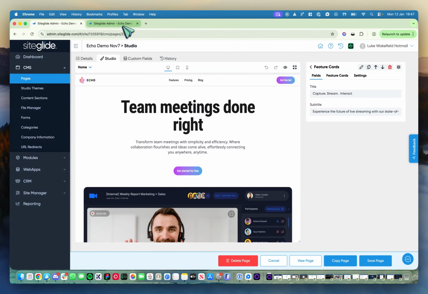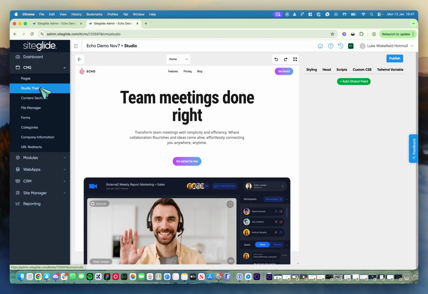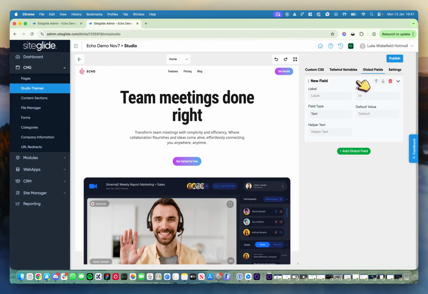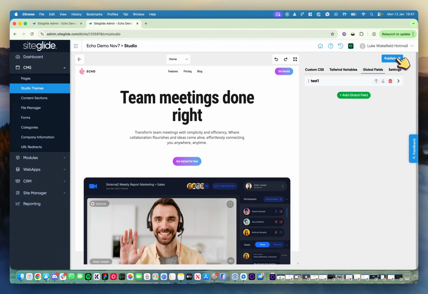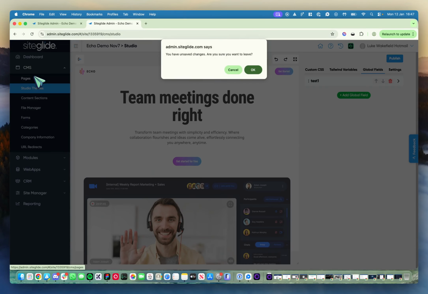So if we go and take a look at Studio themes, if you go into a theme and go into the styling area, if you scroll across the right, you'll see this area called global fields. If you add a global field, let's say we want to create one called, I'm just going to do test one for now, I can't think of anything more exciting. And you can put some helper text in there as well. So I'll just do that. You can publish that field, and then you can